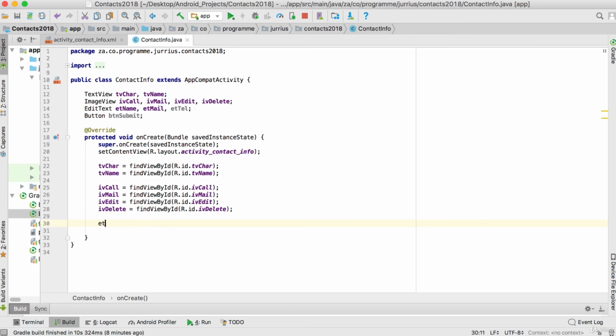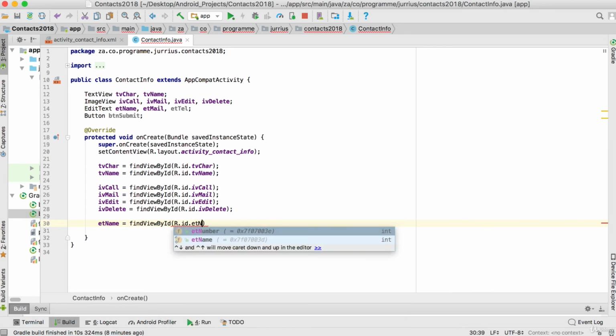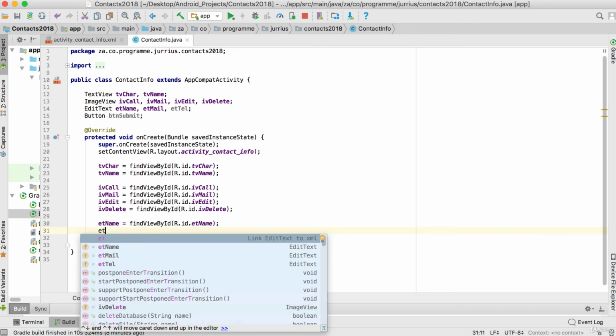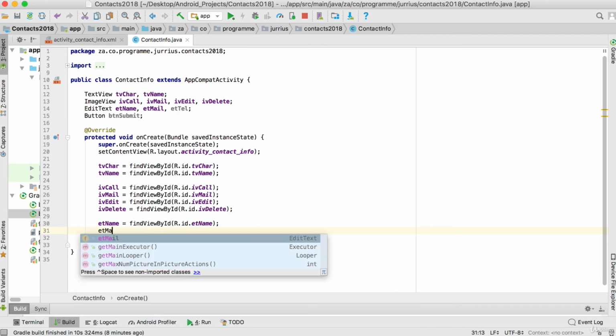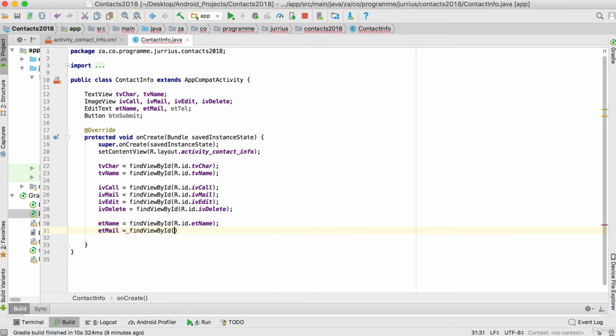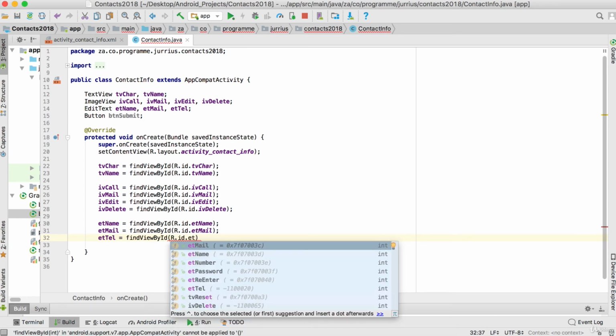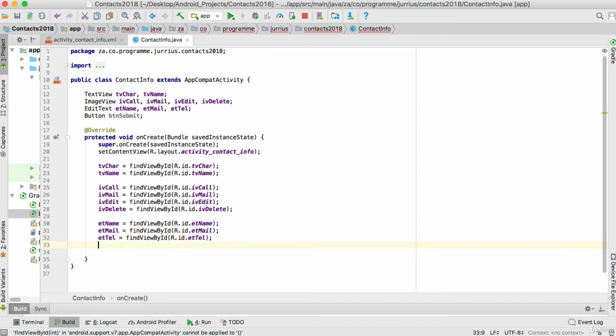Then the edit text, etName equals find the view by its ID, r.id.etName. And then there's 3 of them, etmail equals also find the view by its ID, r.id.etmail. And then et telephone number equals find the view by its ID, r.id.ettel. Right, so we've got those 2, we've got these 4, we've got those 3,